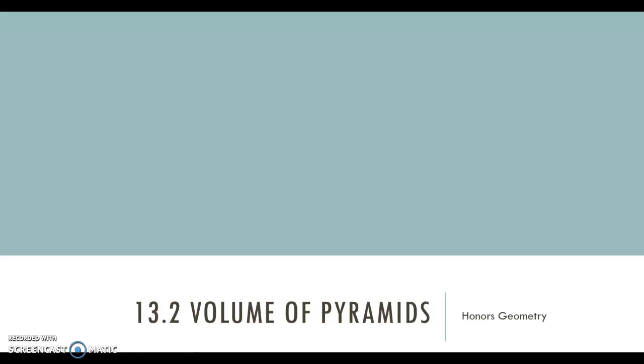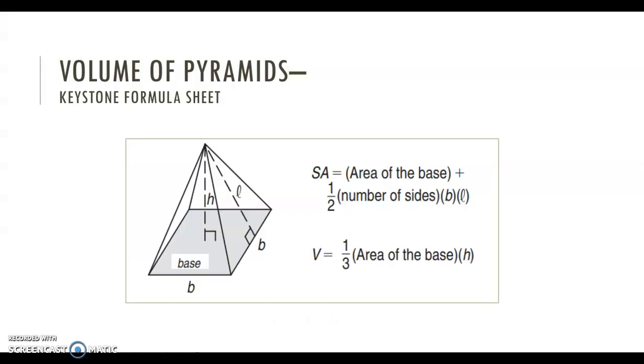Now we are going to be looking at section 13.2, which is the volume of pyramids. Let's look at the formula first. Found on your Keystone formula sheet, this is your volume of a pyramid. It's 1/3 area of the base, whatever the base of the pyramid is, times the actual height of the